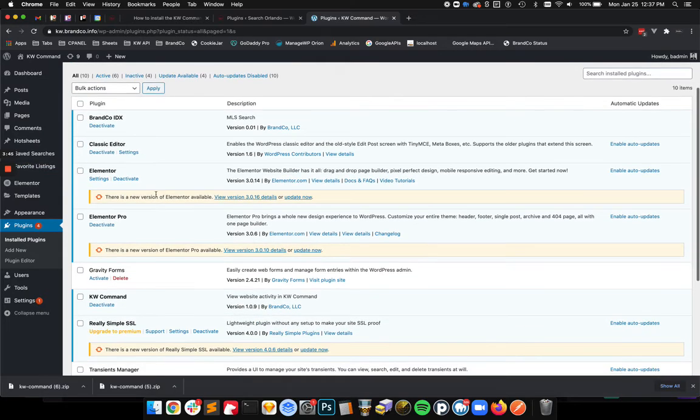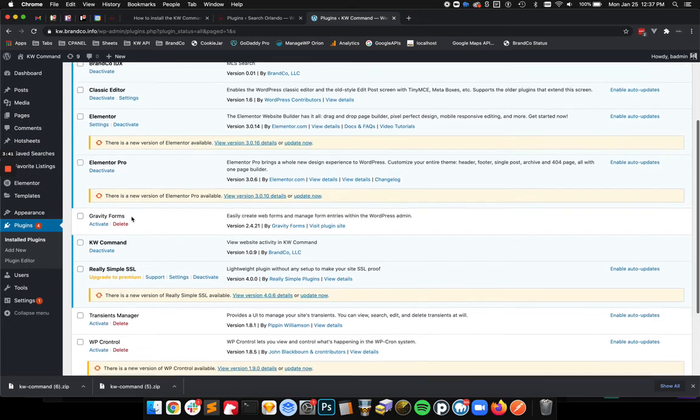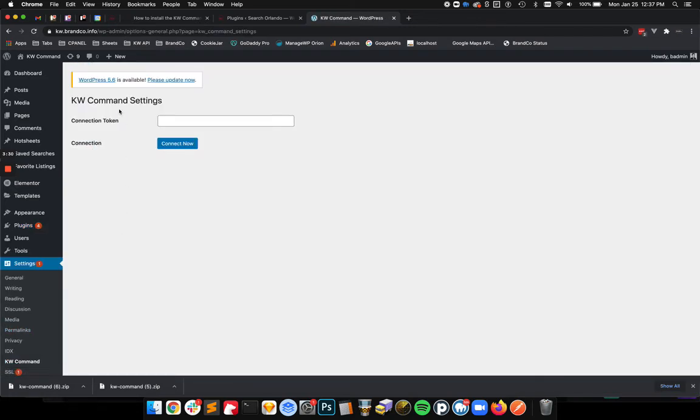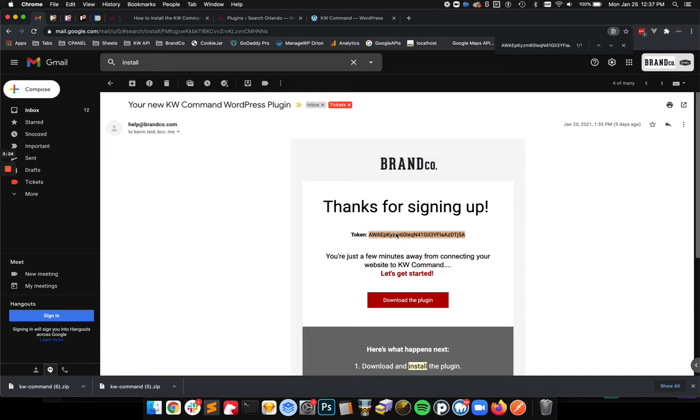So now that it's active, and you can just confirm here that we're in installed plugins, and we see that Keller Williams Command is active, we're going to look under settings, and you will see Keller Williams Command under settings now. So once you're here, we'll just be asking for the connection token, and you can find that again right here from the email. So if you want to just go ahead and copy that,